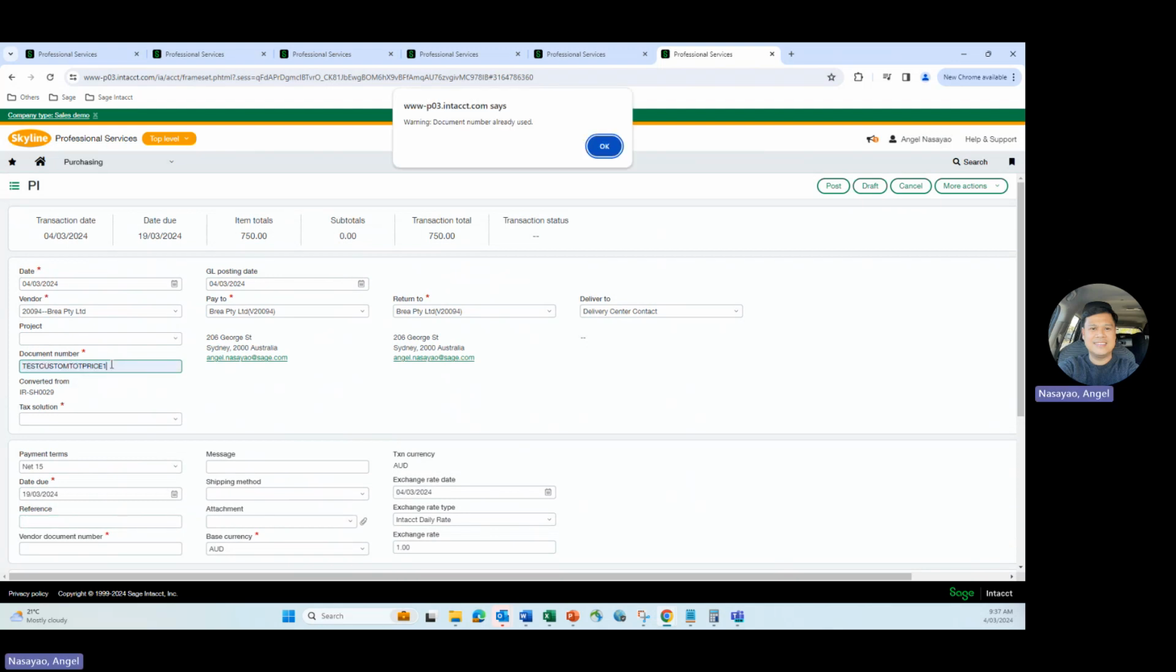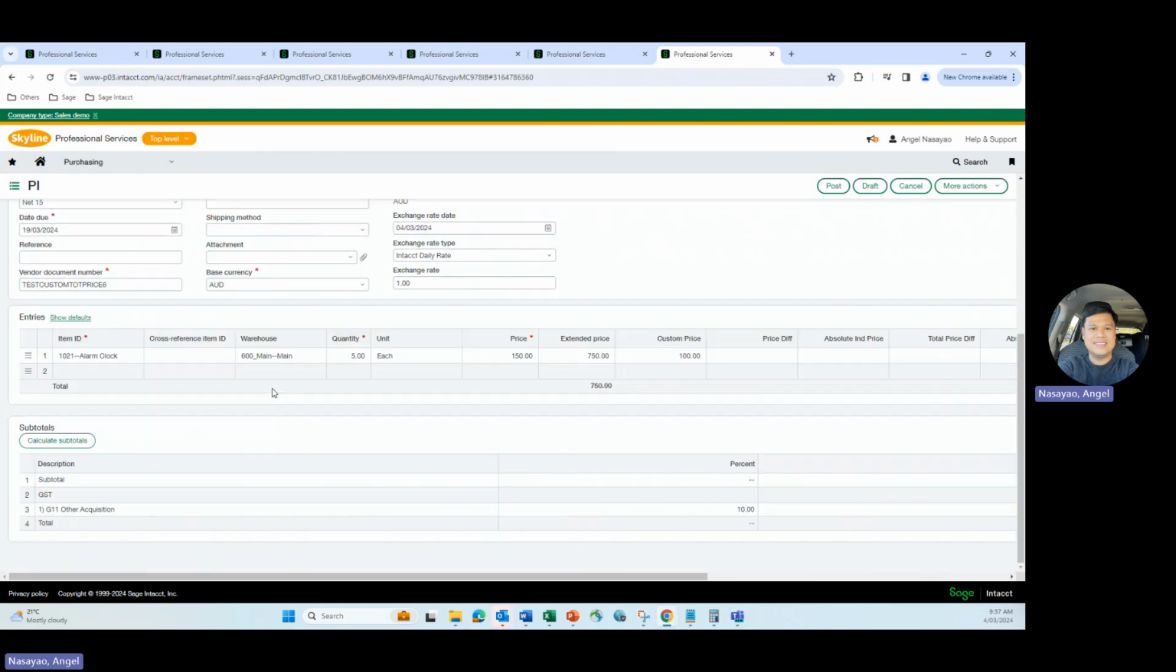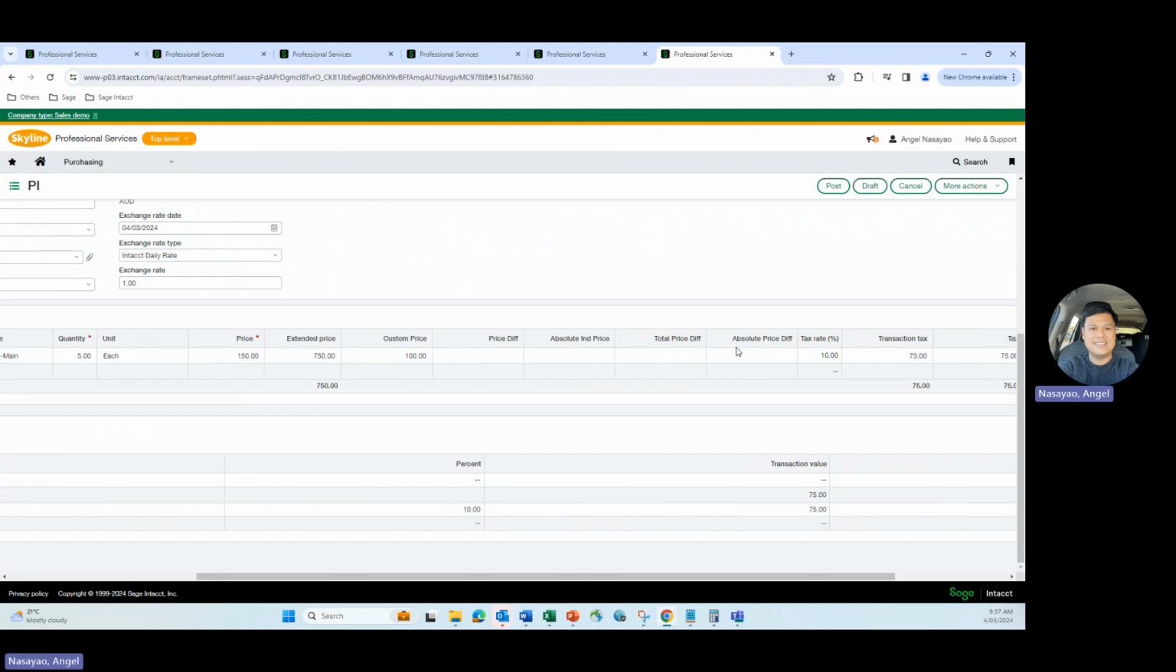Okay, I'll just use this one here. Let's just populate the other fields there before we proceed. I'll just make it, I think 6 is fine. I'll just copy this across to the vendor document number, and I have to select Australia GST here as my tax solution. Okay, so notice again that all these fields are blank at the moment, and you have the option,